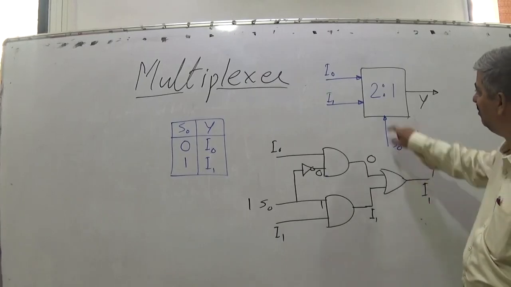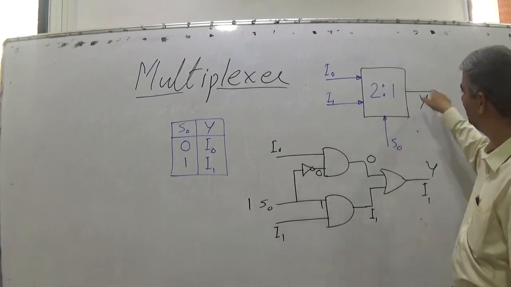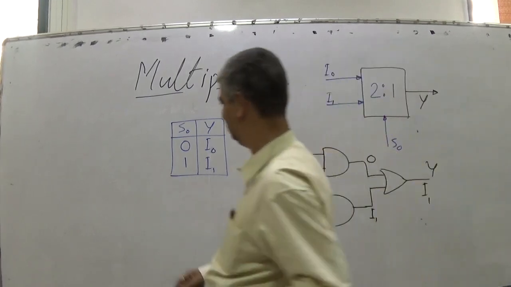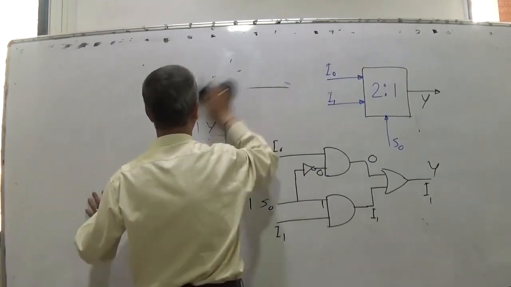With select line 0, I0 appears on Y. With select line 1, I1 appears on Y. This is a multiplexer, many into 1. And the simplest option is 2:1. Now